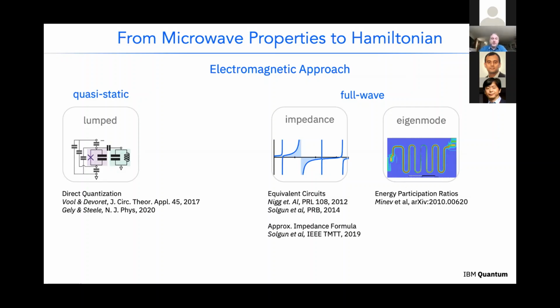On the other hand, a lot of the time, the easiest thing to get is the response function, the impedance of the device as a function of frequency as seen from the qubits and as seen from the environment. And it turns out from that, there are techniques that you can use to extract an equivalent circuit that we know how to quantize, or what's really powerful is there are even approximate impedance functions where I can go from the value of the impedance at some frequency directly to the kind of quantum parameters I care about. The reason that last one is so powerful is that I can use conventional microwave design tools and optimize for the quantum properties that I want to see.